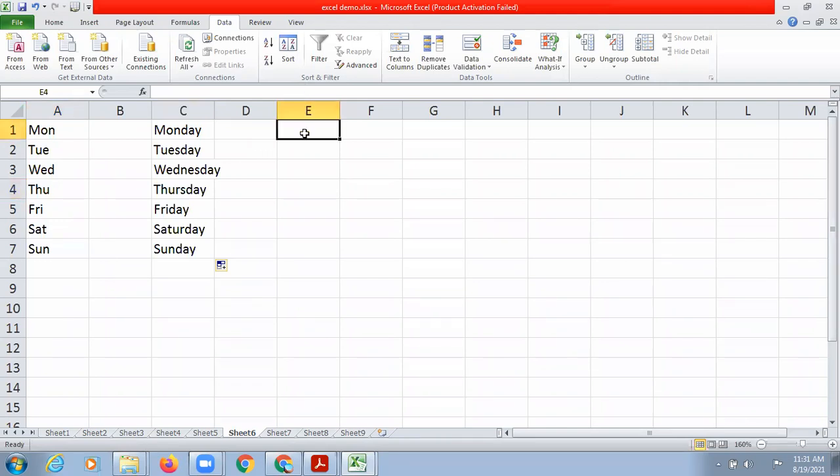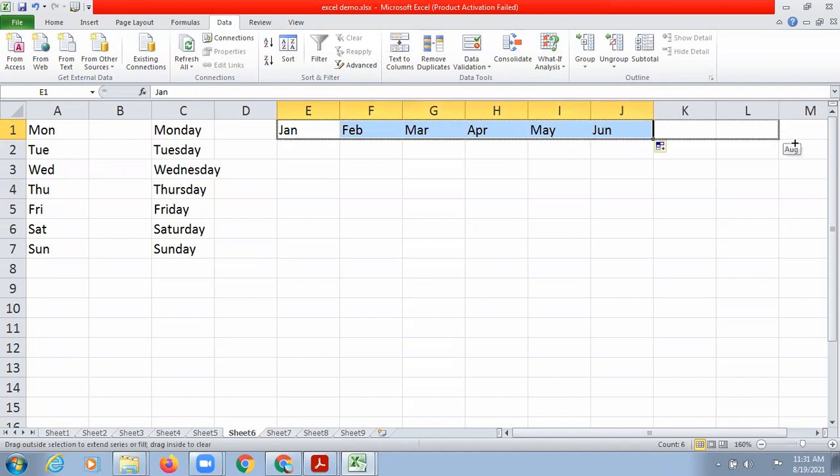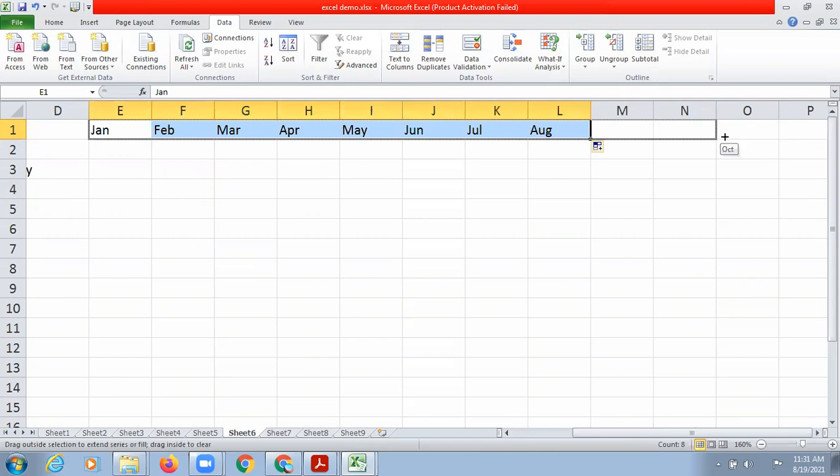In a similar way, suppose I wanted to write January, February, you can also write Jan. In this case, you need not write the first two because the computer already knows what is Jan. So you can simply drag it horizontally and vertically in whichever way you want, until wherever you want.